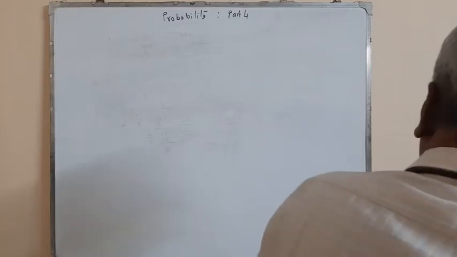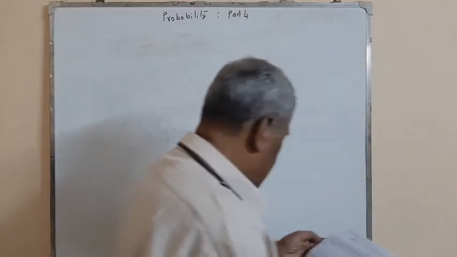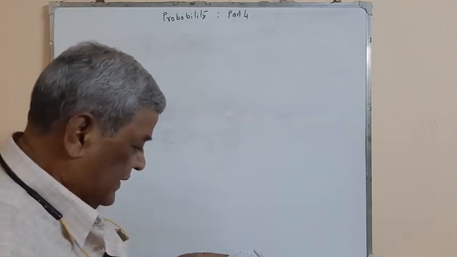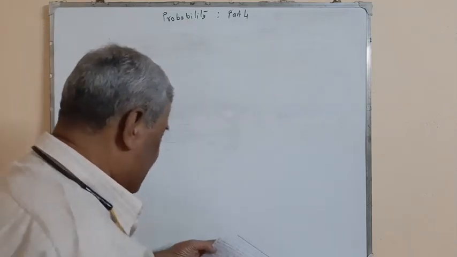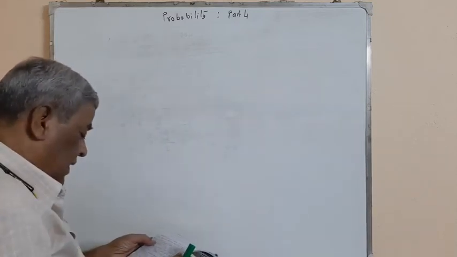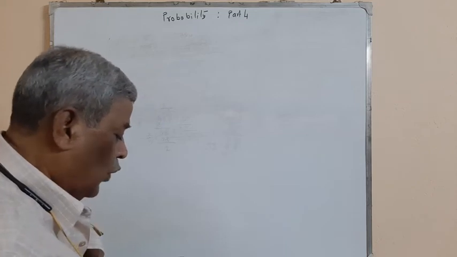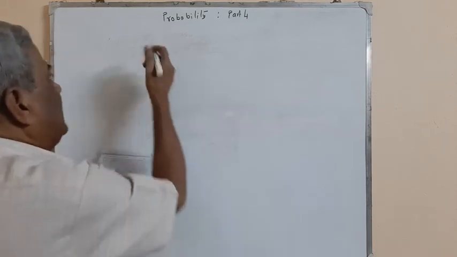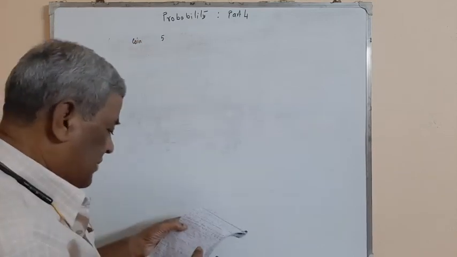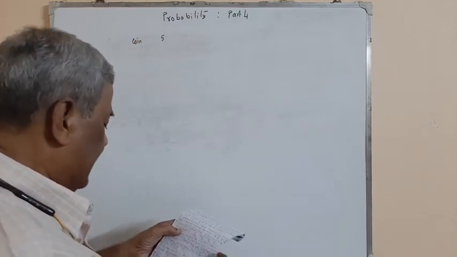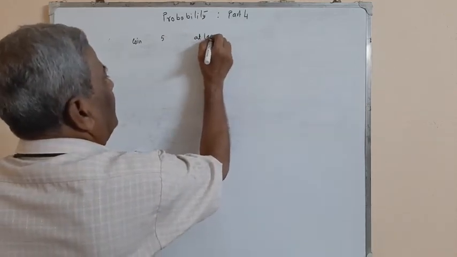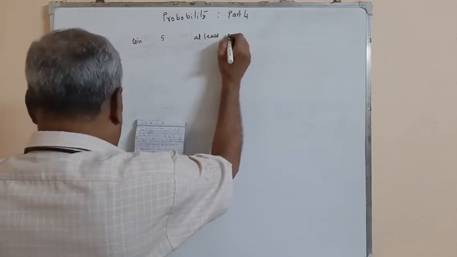Today, let us take a few more problems on the chapter probability. Let us take our first problem. A fair coin is tossed 5 times. The probability of getting at least two tails is,